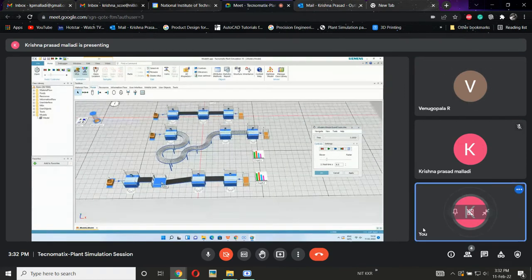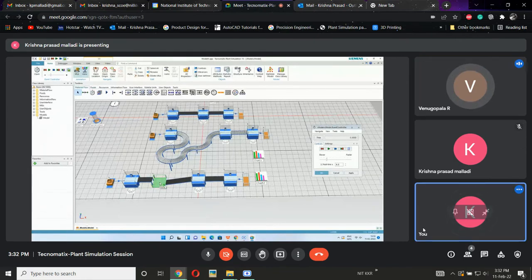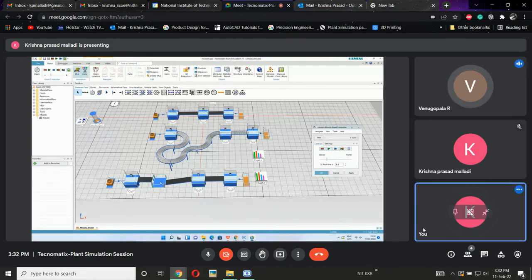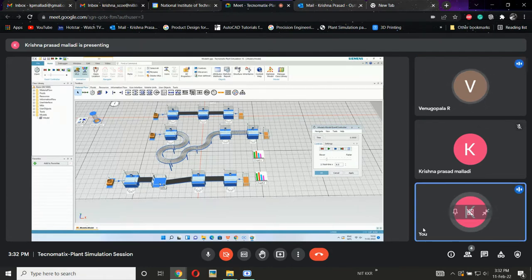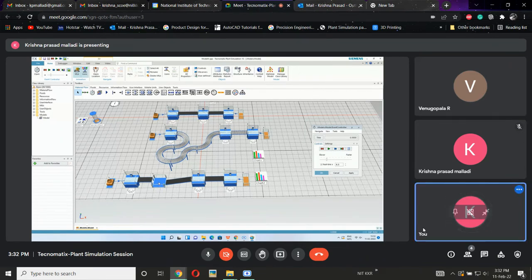Sorry, sir, I didn't get you. So yesterday, if you use the buffer, then all the parts will be stored inline in the same line. So can we separate those? Sir, it's a representation. That's it. The buffer has that representation, like one part should be held. If the capacity is increasing, it should be in line. In actual, it may differ, but according to the plant simulation, according to this model, the